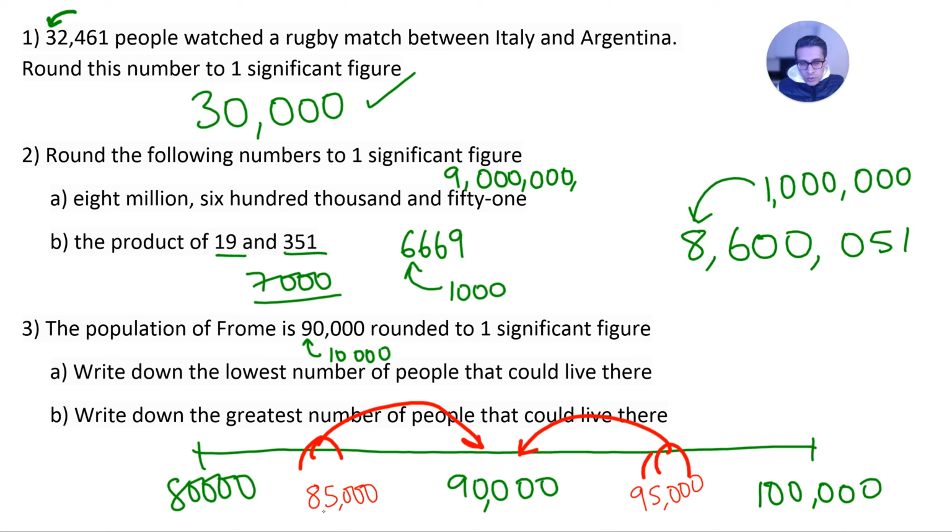So the reason you would round up here is because the decider is a 5. And we want that number to be as small as possible, but the smallest one where you have to round up. So that has to be a 5. And in this case, we want the smallest number that rounds down. So 95,000 will actually round up to 100,000 if you're rounding to one significant figure. So it's going to be one less than that. So it's going to be 94,000